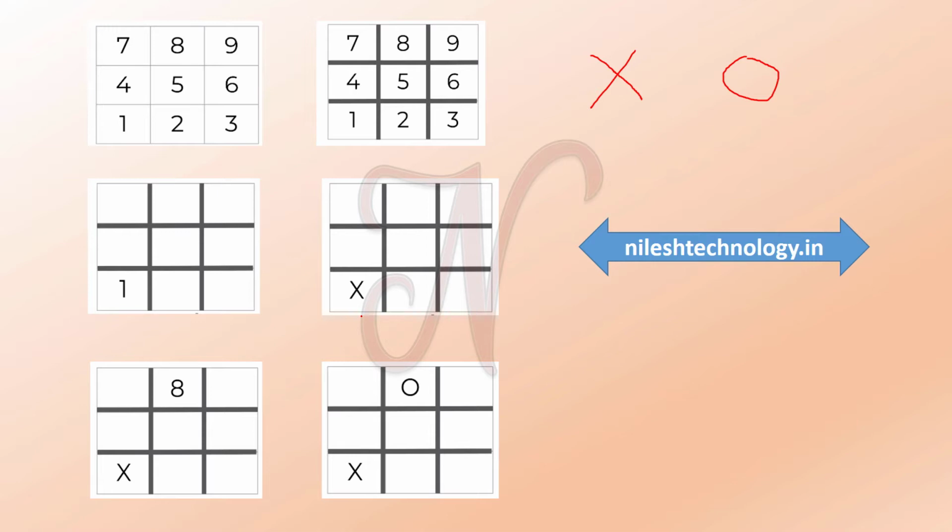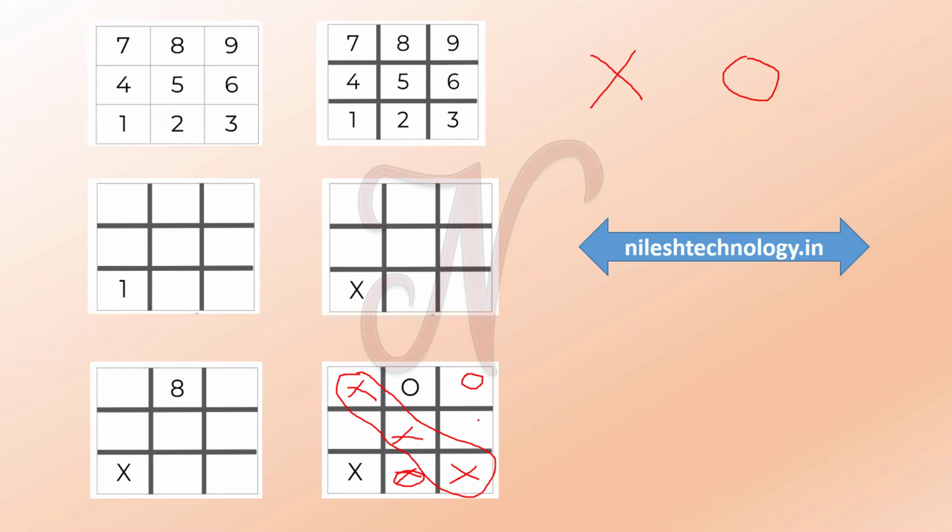The tic-tac-toe game is such that if any player, player 1 or player 2, marks the same symbol, meaning all the X in one row or one column, or on a diagonal, then that player wins. For example, if this is O, this is X, this is O, and again this is X, it means that player 1 will win. There is also a possibility that the game will be a tie. These are some rules we define in our game.